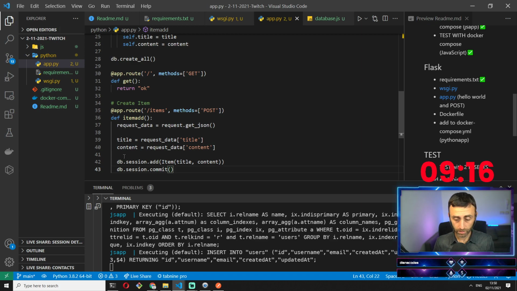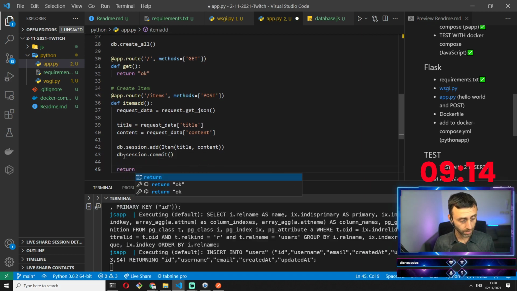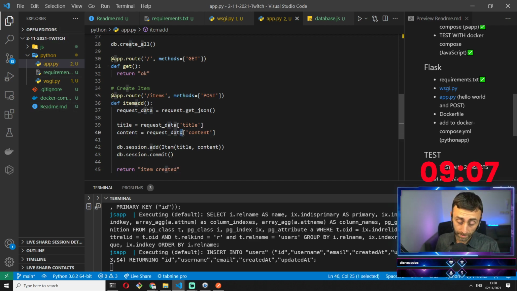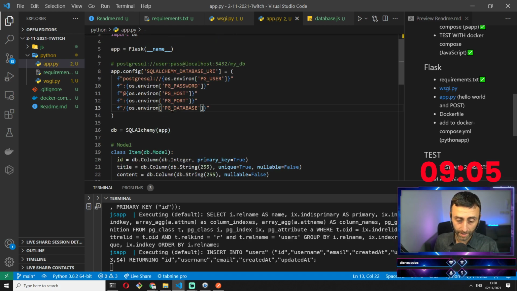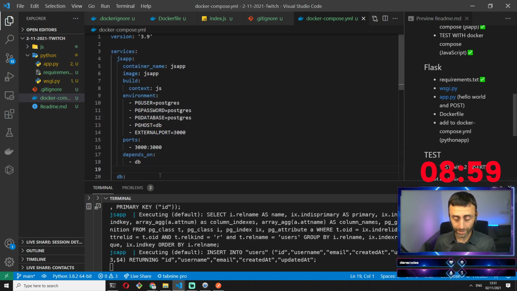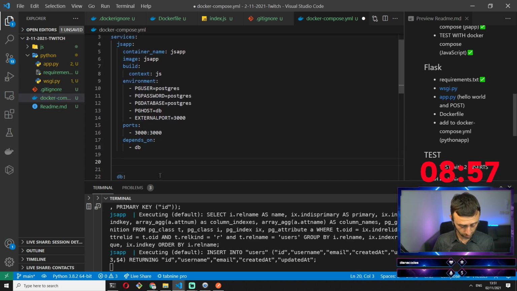db.session.commit and then return item created. Okay, so I'm done. I think at least I am done. I'm done with the Python stuff. Let's create now the Python app in the Docker Compose. So Python app,